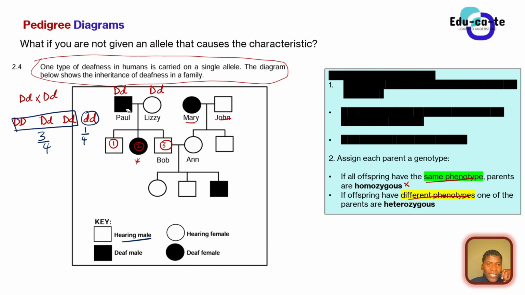But now here it will cause us an issue, because if we say that it is caused by a dominant allele, it won't agree, because you can see that Paul here has got what? Paul is shaded, so Paul has got the condition. So for this to work, that's why I've said here, one of the parents is heterozygous.